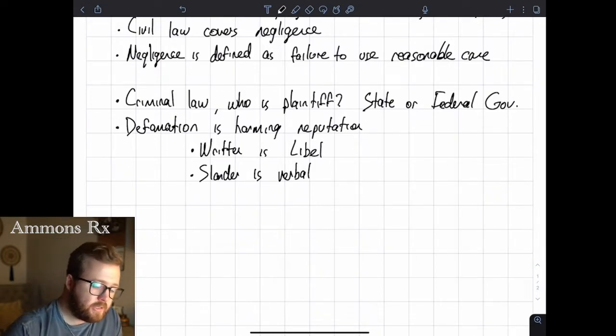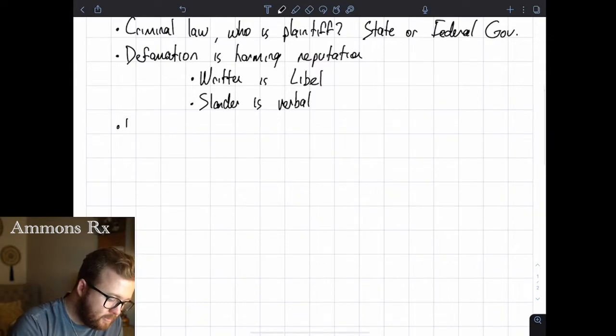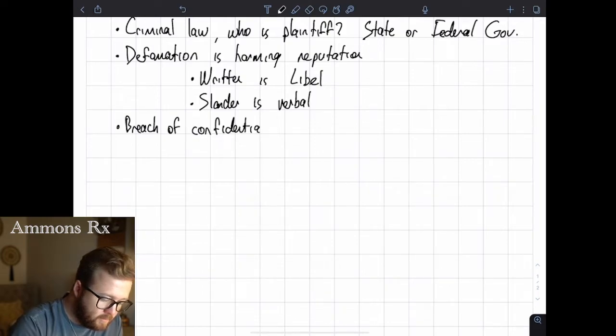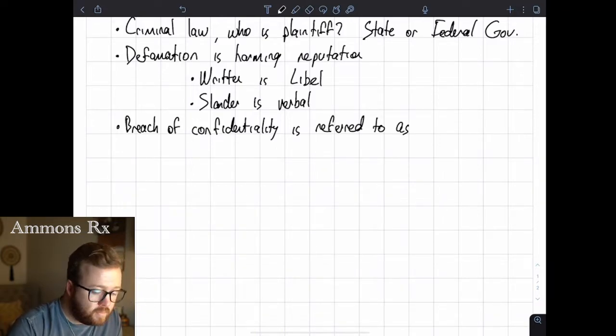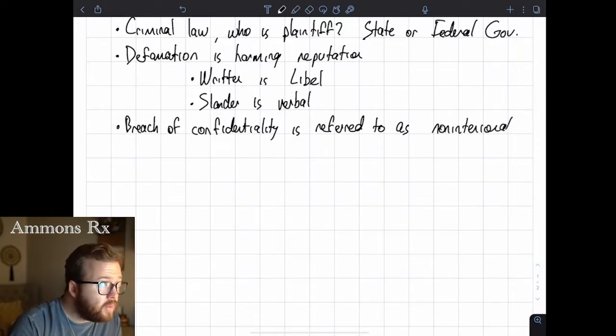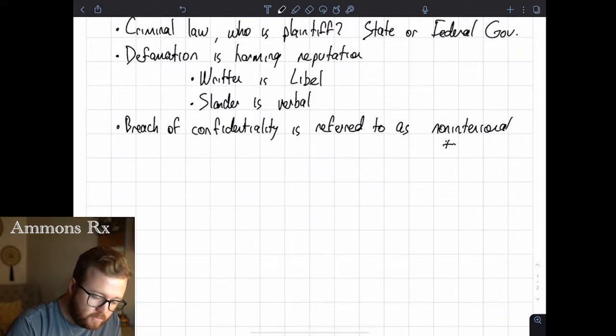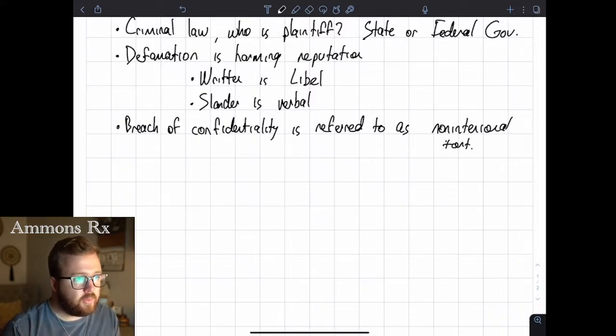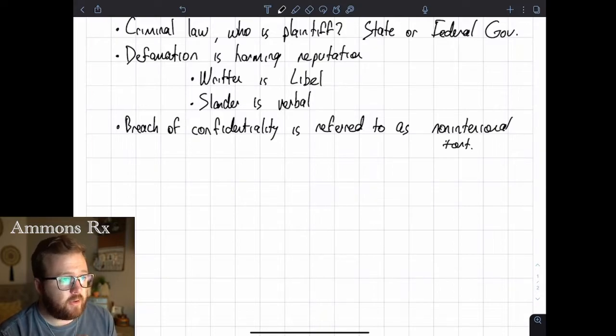Breach of confidentiality is referred to as a non-intentional tort. So I will say it could probably be described as an intentional tort if they took you to court and you realize